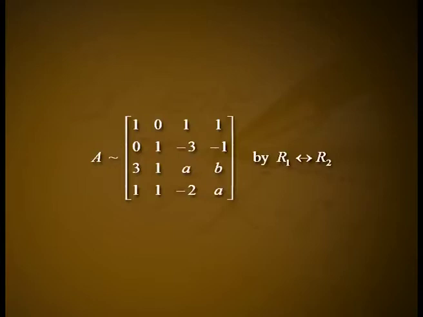Example 11. Find A, B if the rank of the matrix A is 2, where A is equal to the matrix [0 1 -3 -1; 1 0 1 1; 3 1 A B; 1 1 -2 A]. Solution. A is equivalent to [1 0 1 1; 0 1 -3 -1; 3 1 A B; 1 1 -2 A] by R1 changes to R2, which is equivalent to